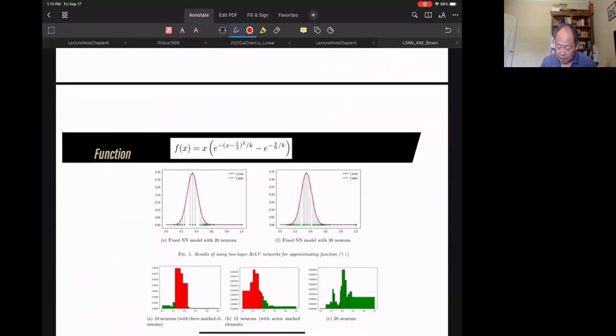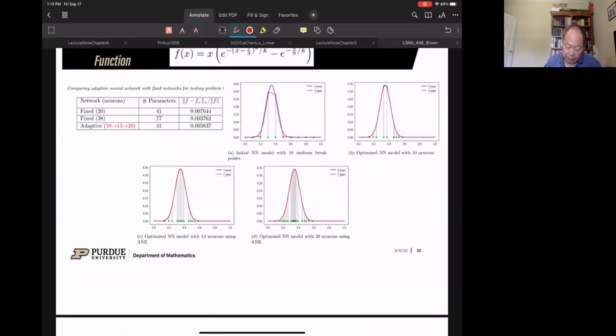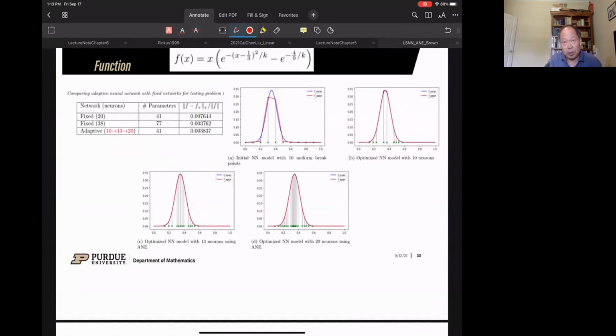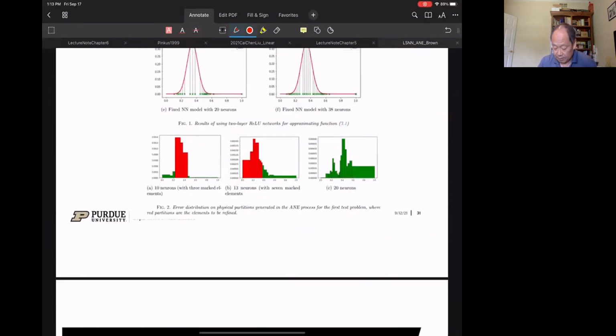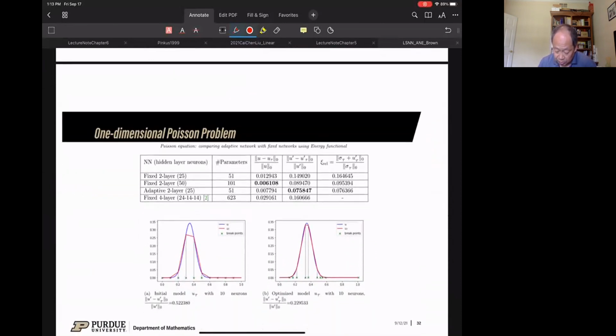If you're looking at this as a comparison, if we use the fixed one, this is adaptive, and even looking at the numbers, it's much better, right? So this approach with more neurons works with similar accuracy, because with the optimization, you never know what you do, right? This approach basically gives us an exact deterministic approach.